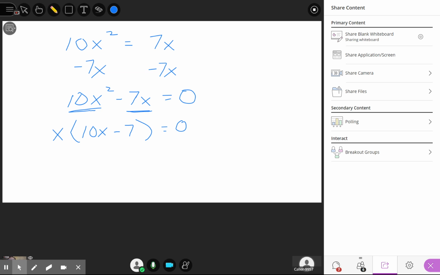That's equal to 0. Now we set each factor individually equal to 0 because, again, anything times 0